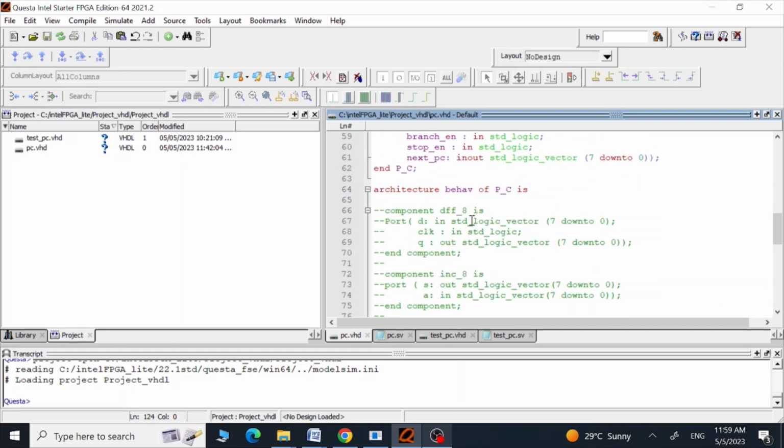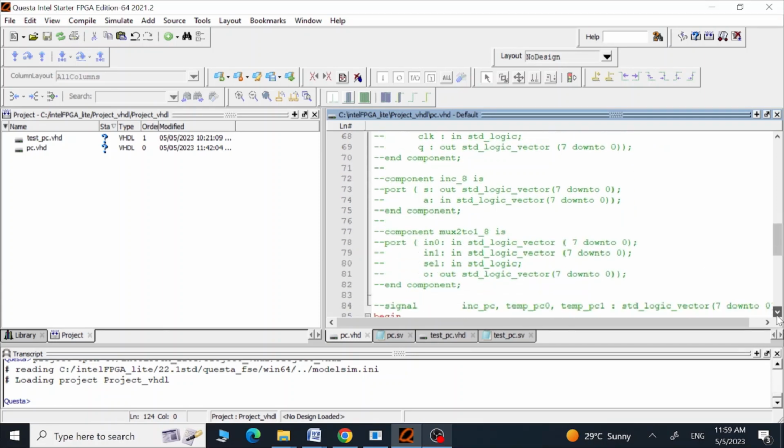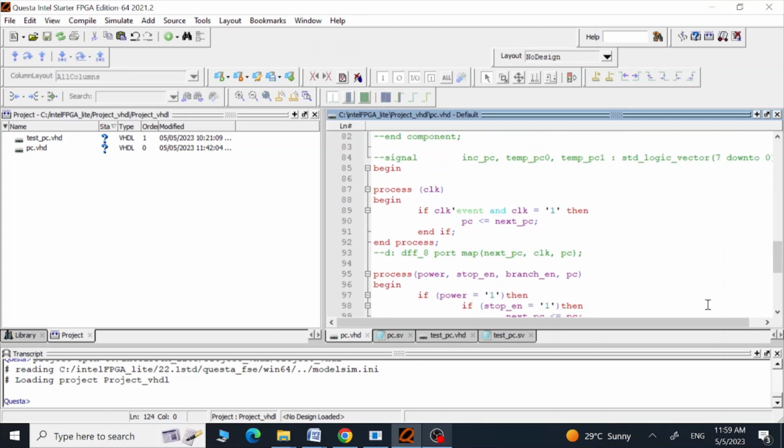And after that, in this architecture of PC, we are saying begin, and inside the process block we are going to say this is our register. So on this clock, assign this next PC to PC. So this is our register, a D flip flop,